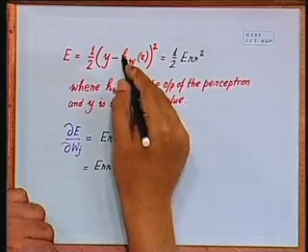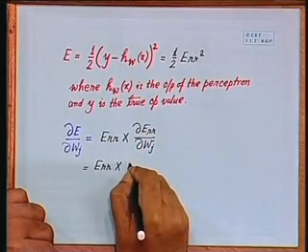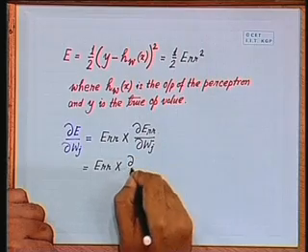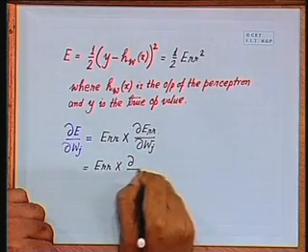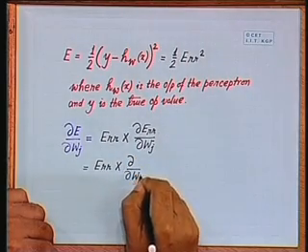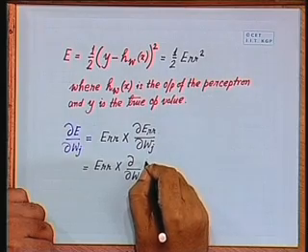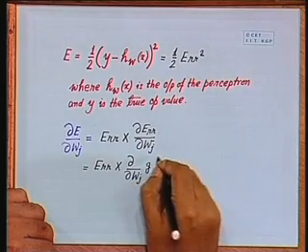Now I substitute this out here, delta by delta Wj of